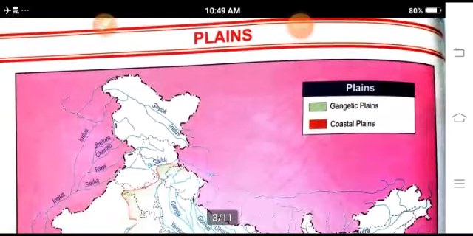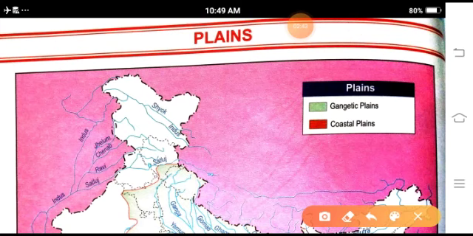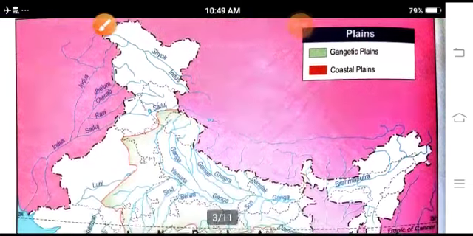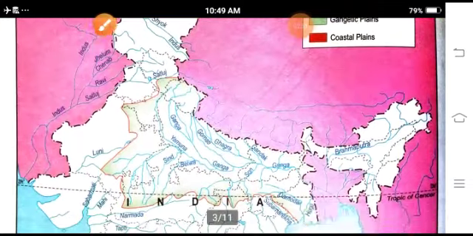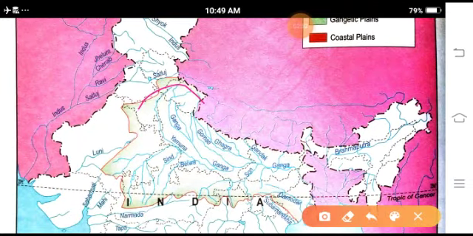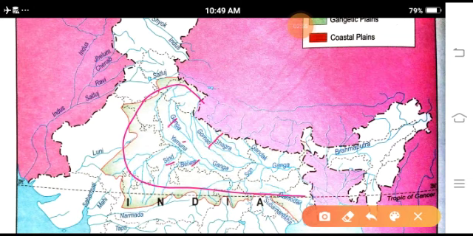Plains area, especially the Indo-Gangetic plains and the coastal plains. When we talk about the Gangetic plains area, you have to see most of the Indo-Gangetic region, where the rivers are flowing. There we find the Indo-Gangetic plains region.